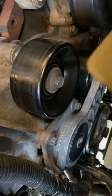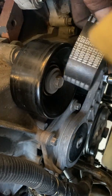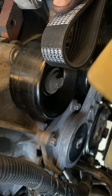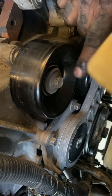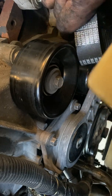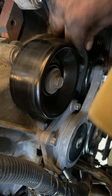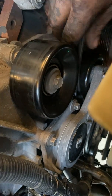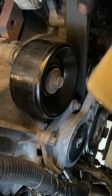There we go. So first, gotta make a loop like this. Make a loop like this. You get it in between. Gotta get in between these two into there. So you go in here like this. Get it in there. Feed it. Feed it. Once you see it over here,